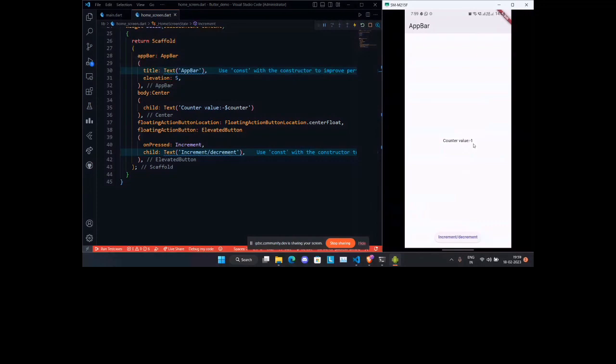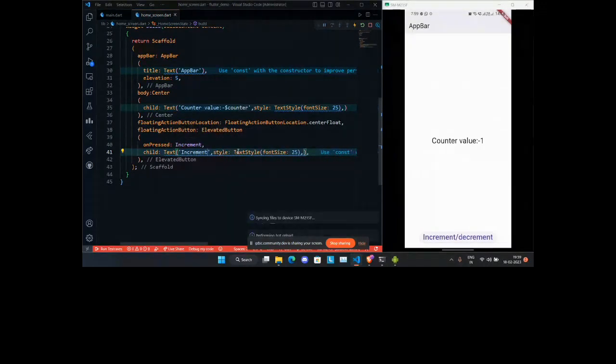I hope now everyone can see this. I should implement the same in here also. I'm going to copy this and implement the same on the button also, so that I hope the button also increases. Increment or decrement, I'm going to remove decrement here. I hope everyone can see this right now. Yes. As you saw, when I press this button, the value of the counter changes.